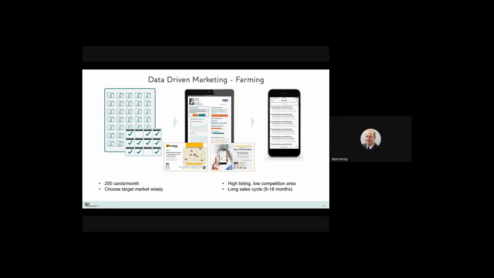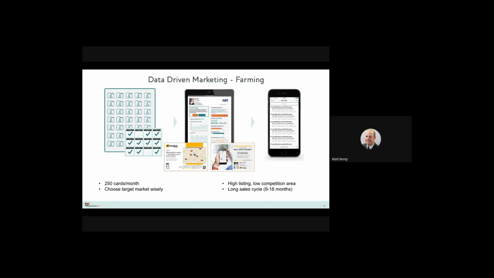How many other agents have a presence in there? So what we would advise is, if somebody has 25% of market share within a neighborhood, anything more than that, it's probably going to be very difficult and very expensive to carve out your own market share in that neighborhood. So definitely farm neighborhoods that you're comfortable in, you're knowledgeable in, and you don't necessarily have to live in them, but you definitely don't want to use your money non-intelligently and go into these very volatile, very high-end, very competitive